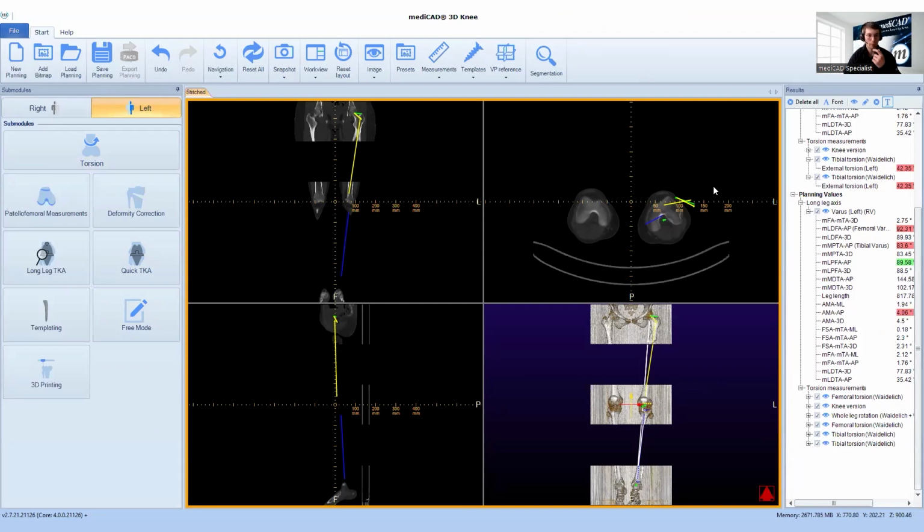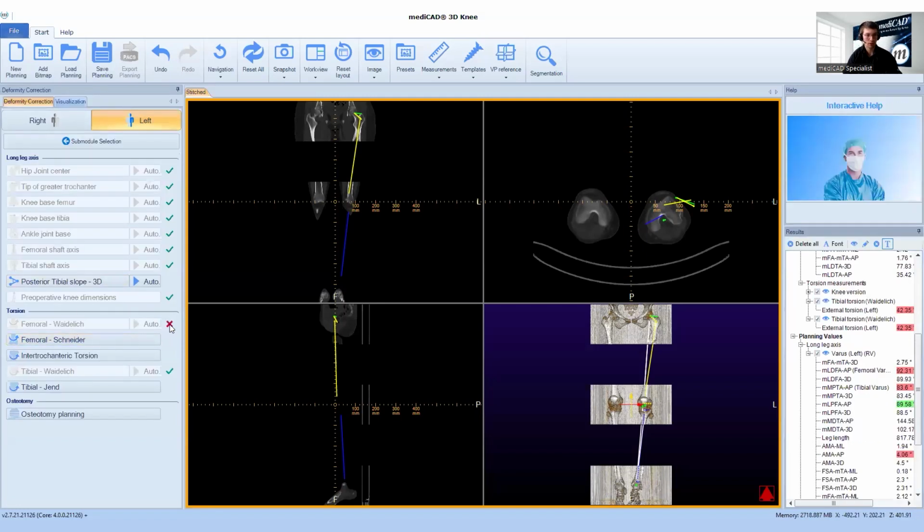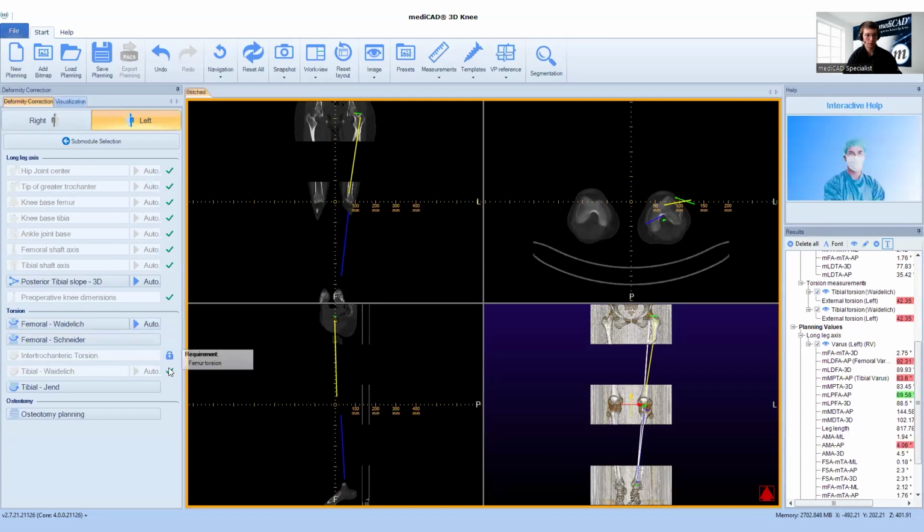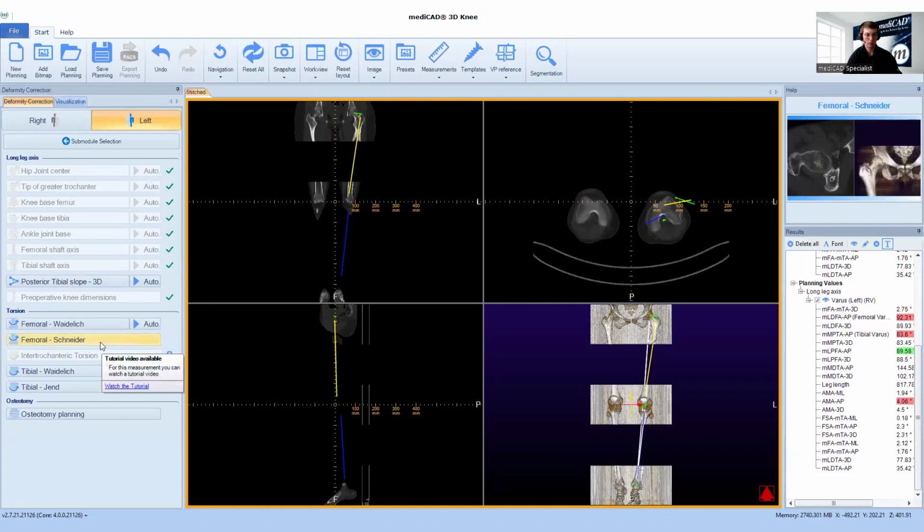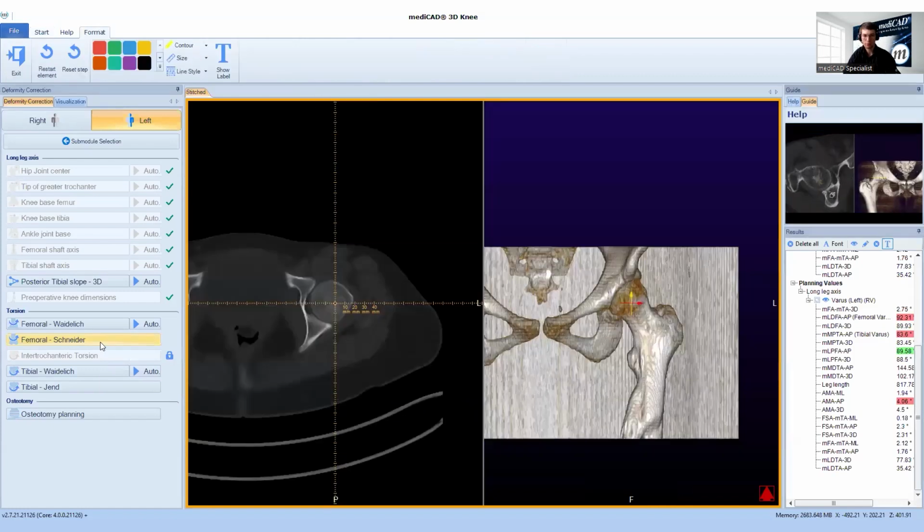I can see a question: can you demonstrate torsion measurements? Of course. So for example, if we go to Schneider now, we can delete the existing measurements first. And here, just by hovering over it, you are given the option to watch a tutorial video, which is available. And on the right side, you can also see there's a tutorial video. So in addition to the manual, there's always the option to have guidance here by the software. For example, we start by grabbing the femoral neck,